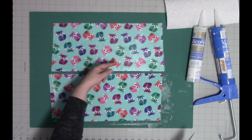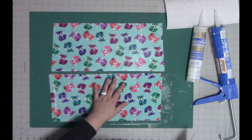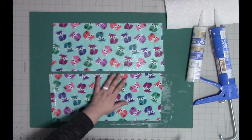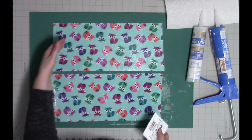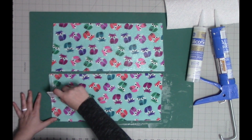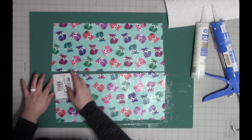Here you'll be able to see the difference between a piece that has both layers of silicone and one that has only one single layer of silicone on them. See how the top piece has much more of a sparkle and shine? That piece has 2 layers of silicone on it. The bottom layer has only 1. After the second layer is applied, you'll want to let your pattern piece dry for at least 12 hours before